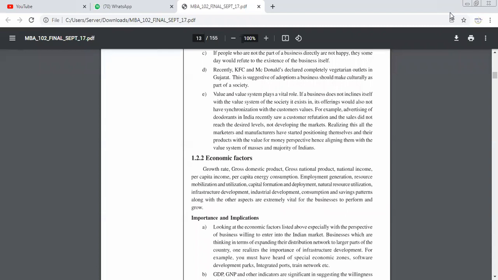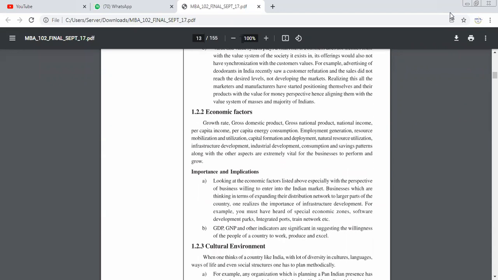Even if you are self employed, अगर आपके पास एक छोटी शॉप है और उसमें आप रेशनिंग की शॉप है या किसी भी शॉप है, किसी भी प्रोडक्ट को आप बेच रहे हो, even then you are helping the nation to grow as you are helping yourself because you are one of the members of the country, right? So these are the factors that are called economical factors. And business definitely plays an important role to grow the GDP of the nation.